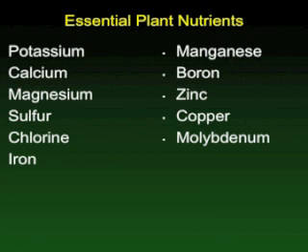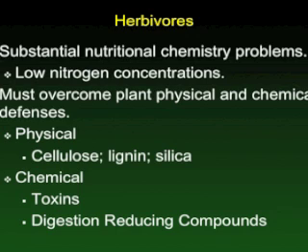Plants also extract other essential nutrients in very small quantities from the soil, and these nutrients are also critical for heterotrophs, even though they occur in very small quantities. Herbivores face some real challenges in that there isn't very much nitrogen in many of the plants that they eat, and since nitrogen is a basic building block for proteins, this can really result in them having to eat a huge volume of plants in order to get the amount of nitrogen that they need.